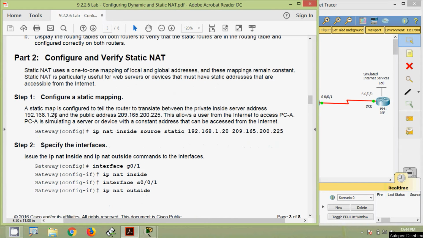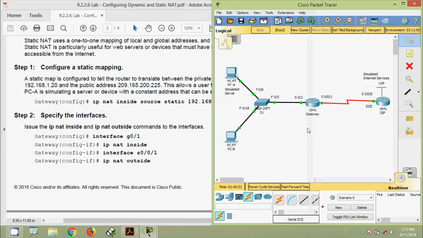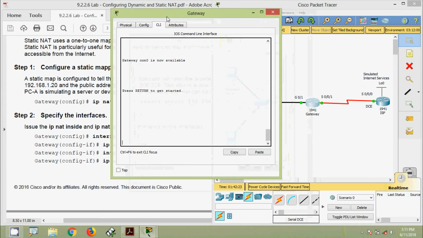A static map is configured to tell the router to translate between the private inside server address 192.168.1.20 and the public address 209.165.200.225. This allows a user from the internet to access PC-A. PC-A is simulating a server or device with a constant address that can be accessed from the internet. Coming to the configuration on the router gateway,